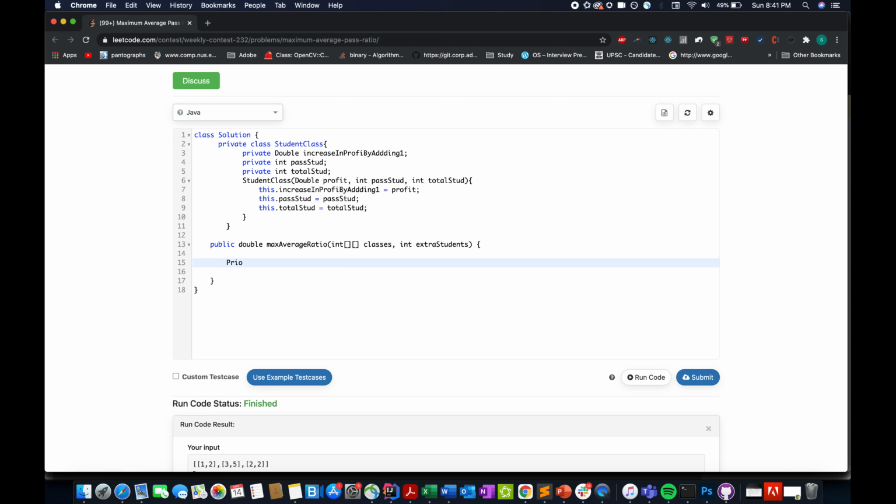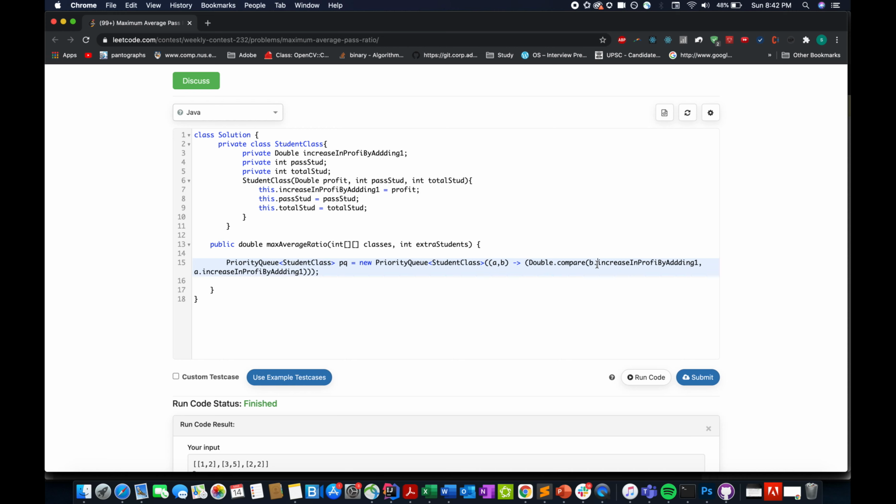So let me just define a priority queue. Generic type would be student, PQ, new priority queue, and in the comparator we'll do Double.compare(b.increaseInProfitByAdding1, a.increaseInProfitByAdding1).